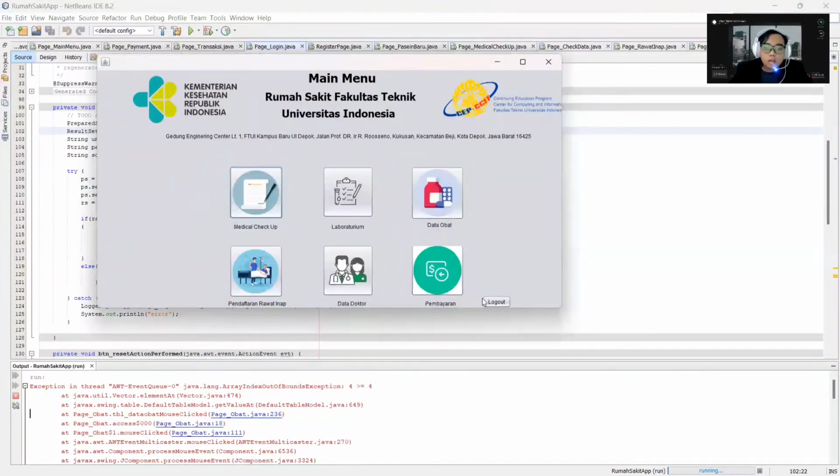And for the logout, it will be back to the login page. Okay, that's all for me. The payment page and receipt printing will be explained by my colleague Siti Raihana.